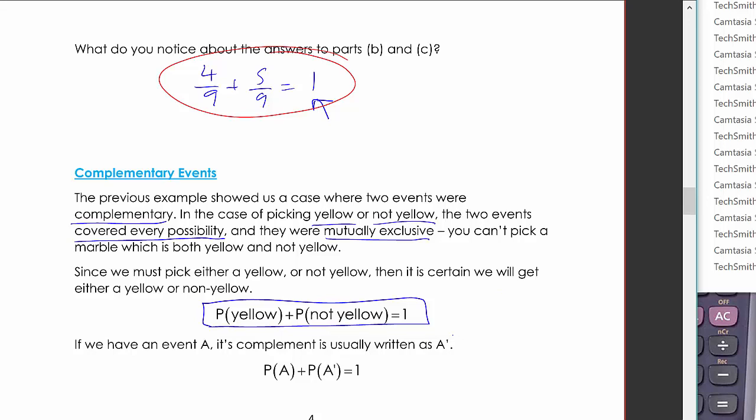So when we have this type of situation where there's no overlap between the events and they fill all the possibilities that there are, then one event is A and we call its complement not A. So you get an even number or you get an odd number. Odd is the complement of even. So you could think of that odd as being not even. And whenever that's the situation, you add the two probabilities and you're going to get 1 because it's certain that